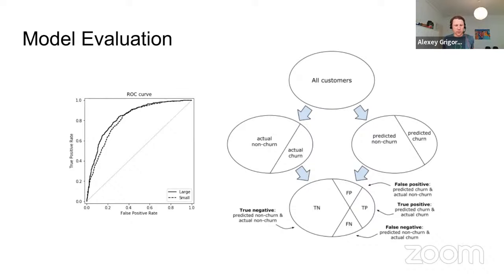This will be module 4, and this is probably one of the most difficult modules in the course. It's somewhat abstract, and it takes some time to understand and grasp the concepts here. But this is also one of the most important modules, because you need to be able to know how well your model is doing, and this is what we will cover in this module.